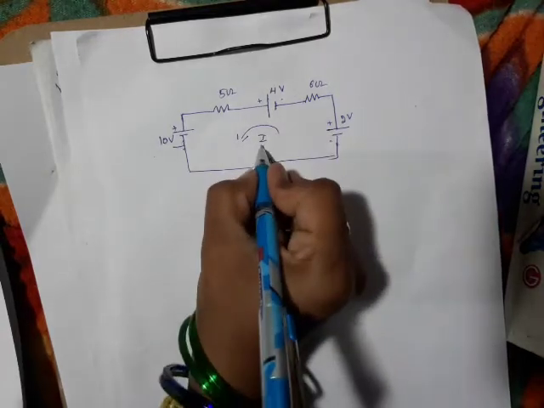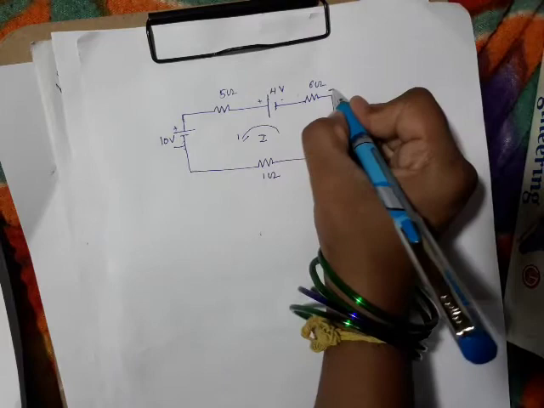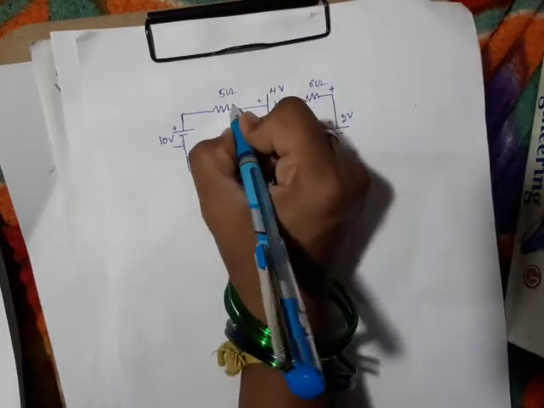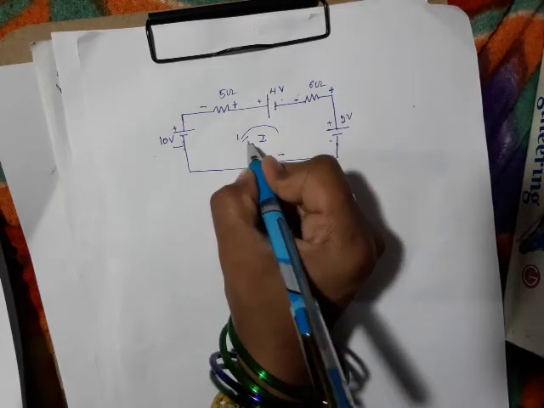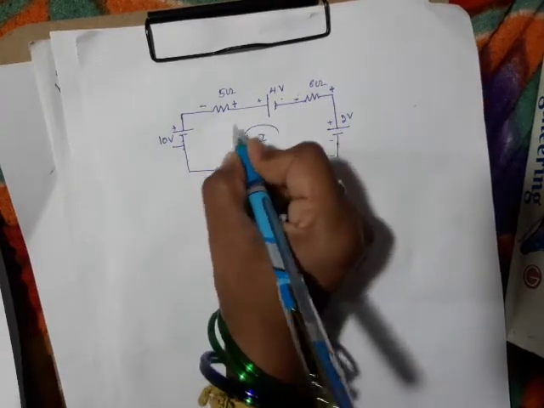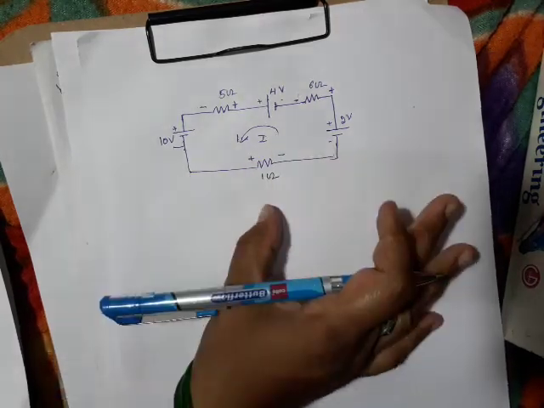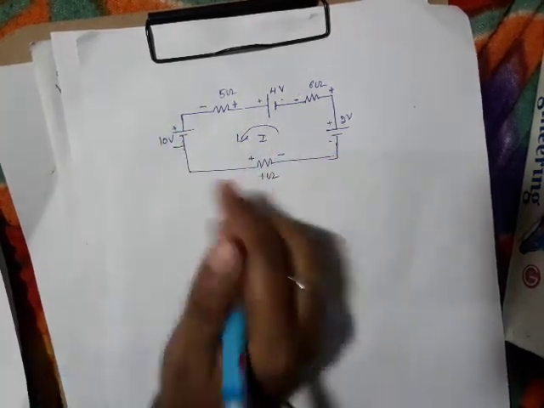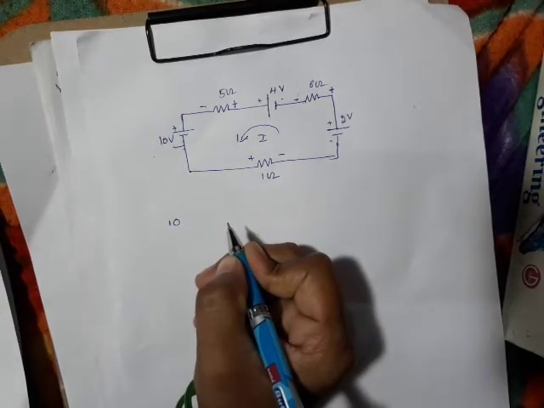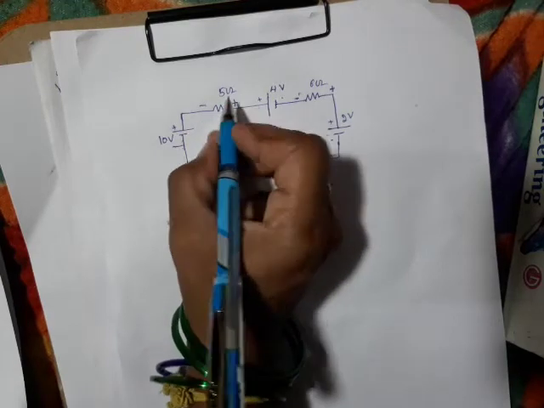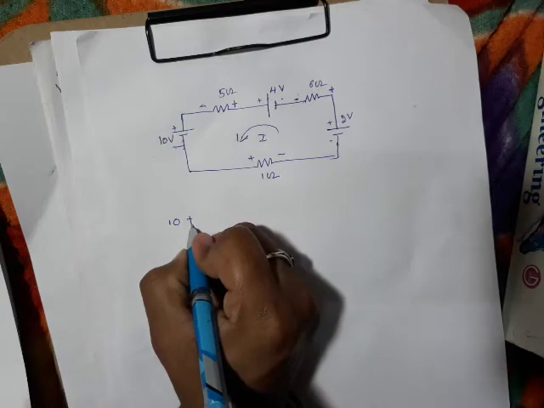I. Since the current is flowing in this direction from here, this will be plus, this will be minus, this will be plus, this will be minus, and here this will be plus, this will be minus. Right now, current is flowing in the opposite direction. Now start applying KVL with the same technique. Don't change the technique. The technique is the same. So here you are stepping up, the voltage is positive. Minus to plus, again you are stepping up, so you have to write it as positive.